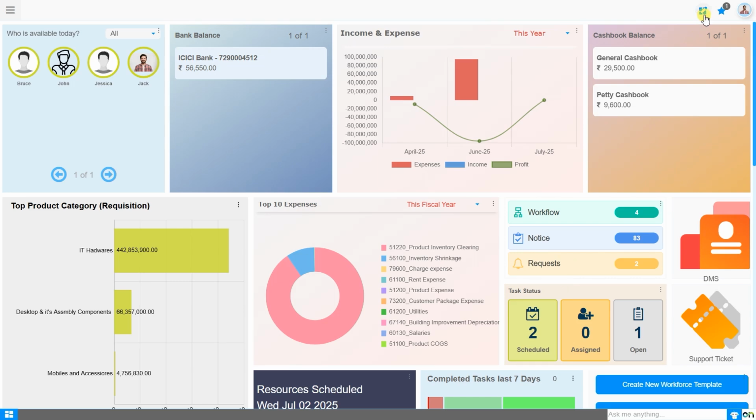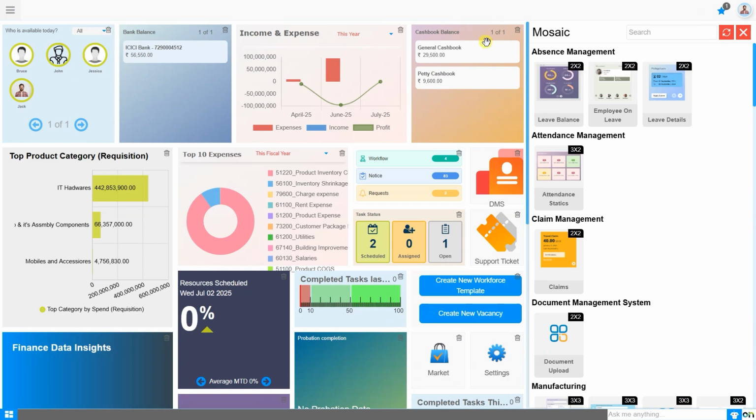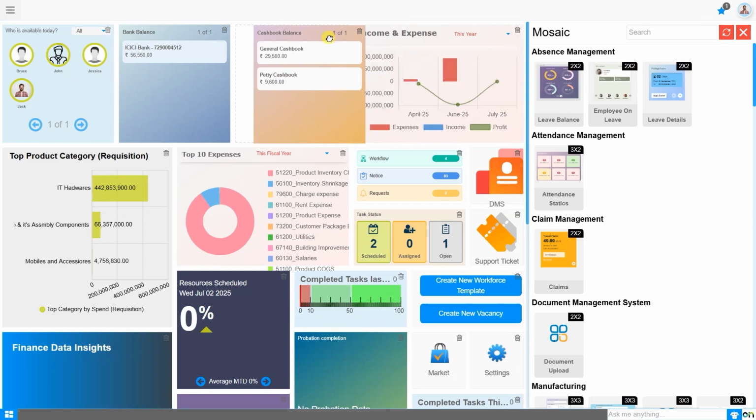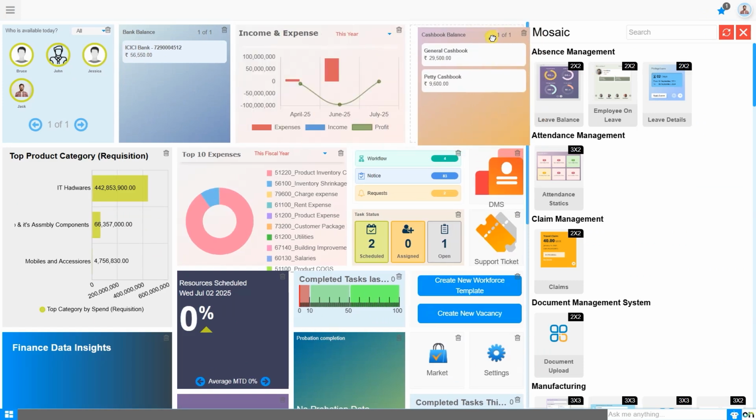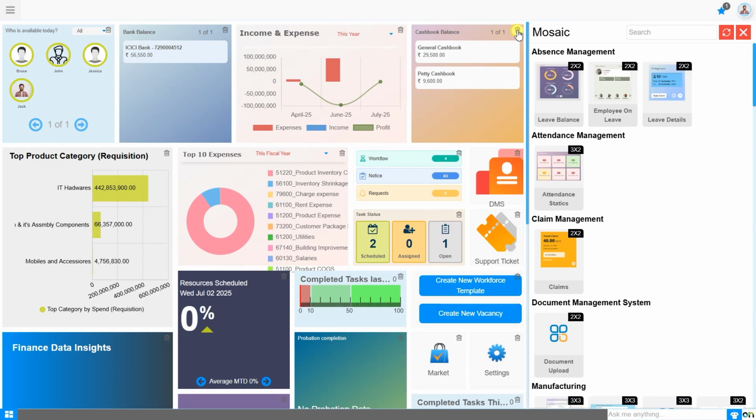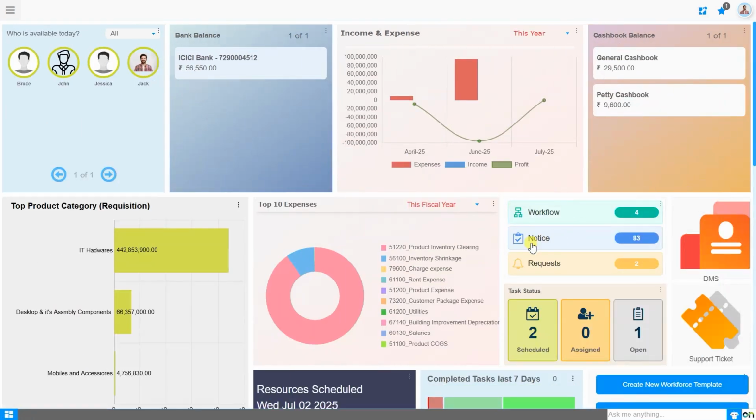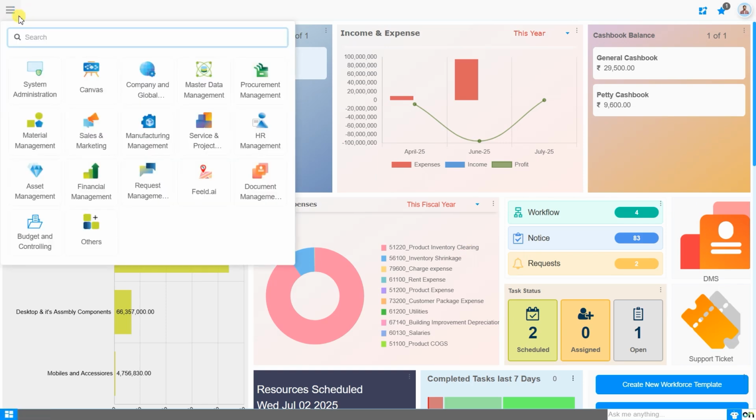To adjust your mosaic layout, click on the Mosaic section option. From there, you can drag and drop mosaics to rearrange them, delete any that you don't need, and add new mosaics as required. This allows you to configure your home page to show the data that's most relevant to your role and responsibilities. To begin the vendor return process, the first step is to open the vendor RMA screen in